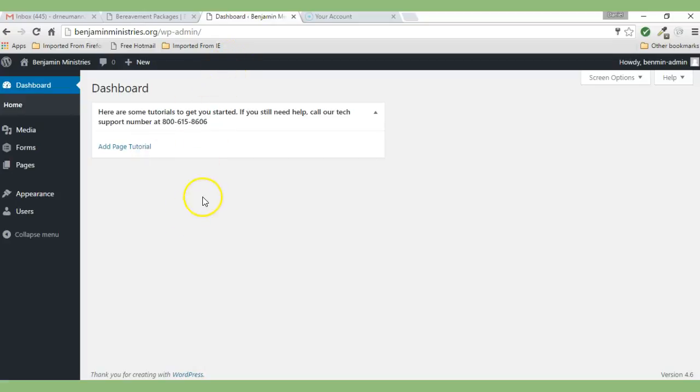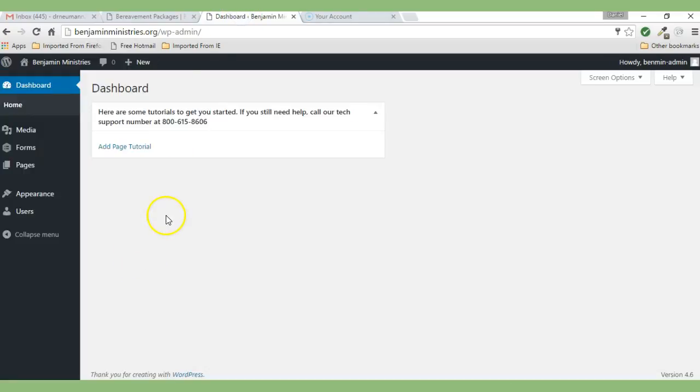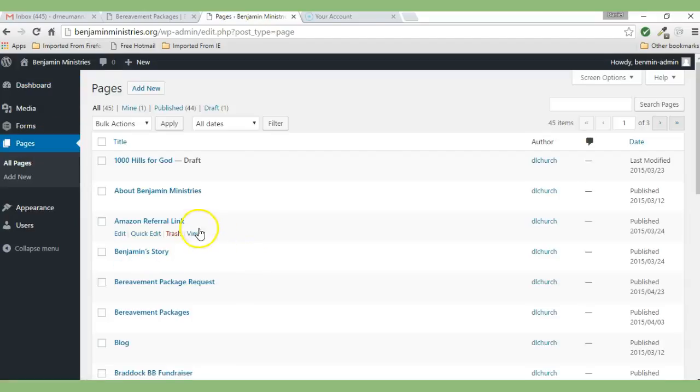Right now I'm in the opening dashboard, and I have two tabs open here. I've got the actual site, and this is the site of one of the pages. And here in the dashboard I'm going to navigate to where that page is. I'm going to go to Pages, then All Pages. I'm going to find this page here called Bereavement Packages. I'm going to open that page,